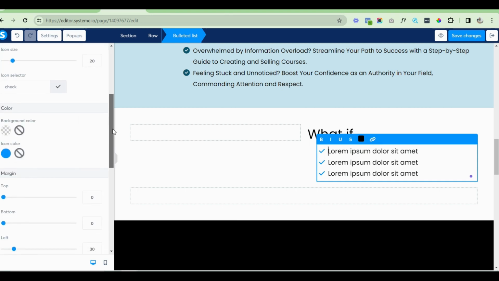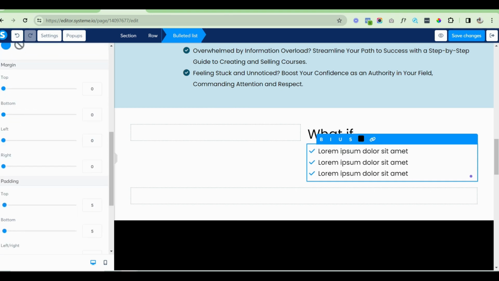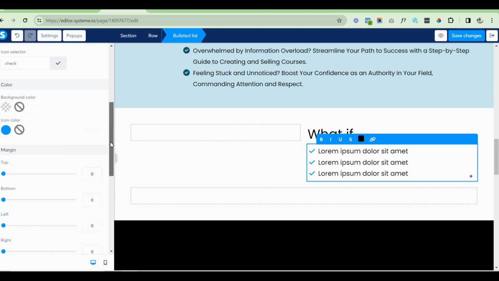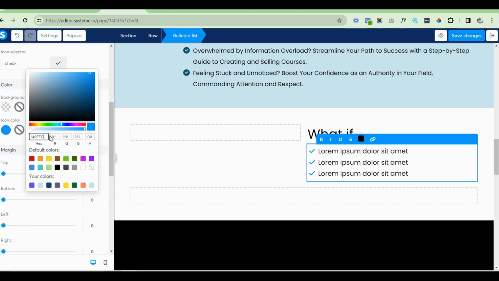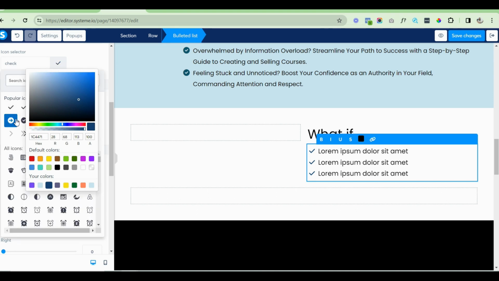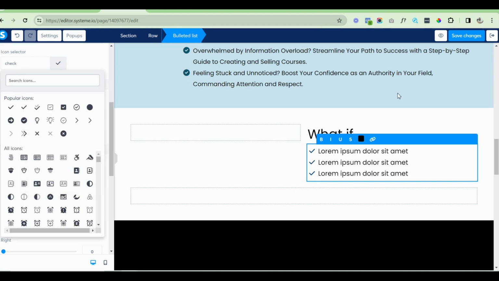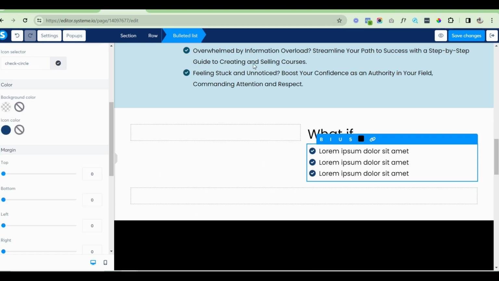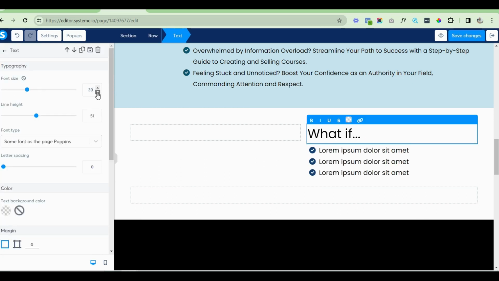And left side is this. Do this, and the checkbox is this, right? 38, and